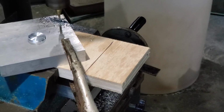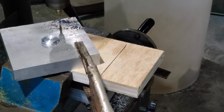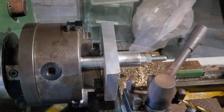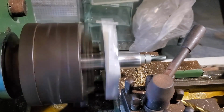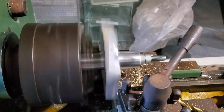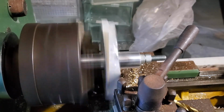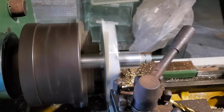I know when I put it on the lathe, even with it a little bit out of square, I can turn this down to round in about a half hour. And it was just like, all right, forget that. I'm tired. Let's just do it this way. I did want to try it initially, but it was just too much for the particular day, I guess. And you can see as this turns around, it is a fair amount out of square,